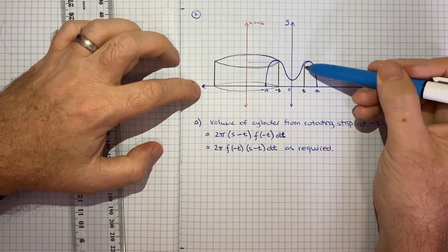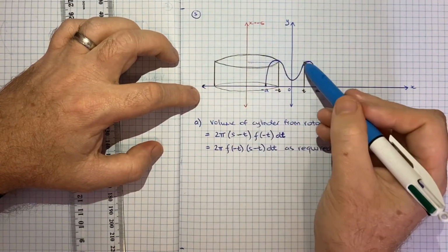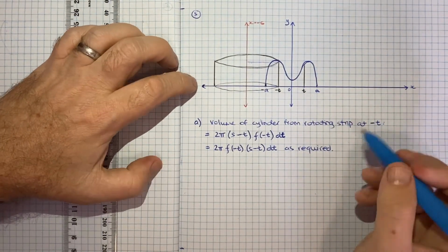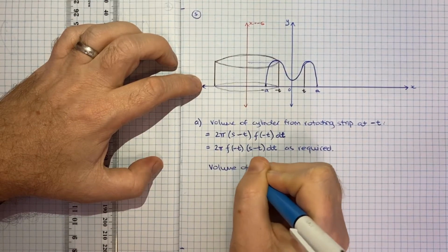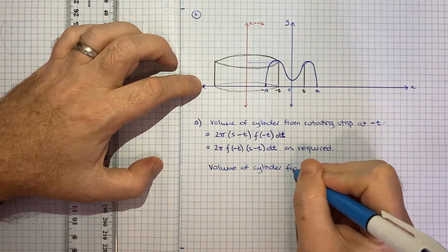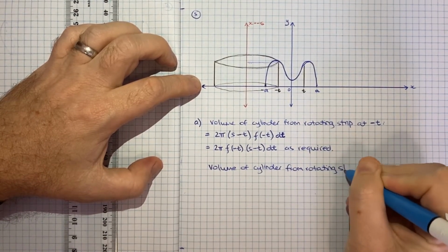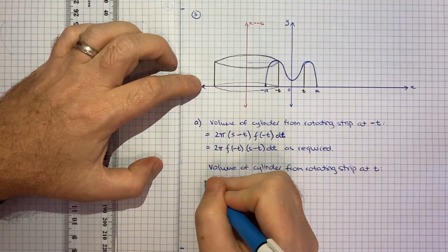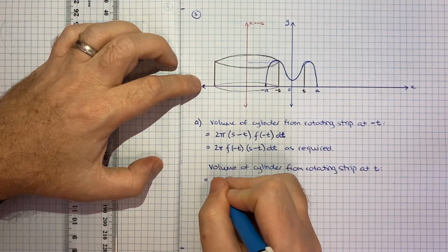Now what happens if we rotate the strip at t? So it's going to rotate a bit further. I won't draw it on, we probably don't need to, but it's basically the same process. So if we do the volume of the cylinder from rotating the strip at positive t, what we'll get is 2 pi times